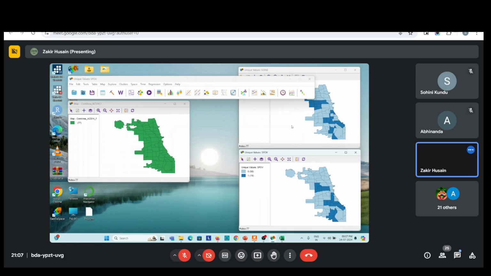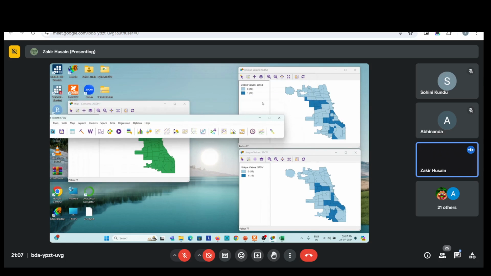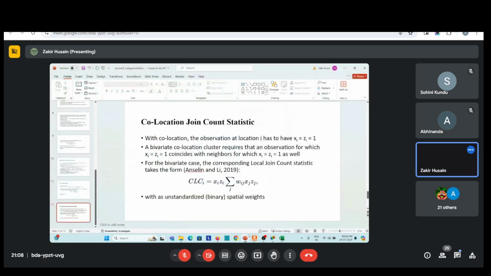Just one second. So you can see over here. Sorry, actually I made a mistake. I was showing it for, I have to show the bivariate, but I've shown you the example for the non-co-location. Sorry, I'm showing you for this actually. Co-location joint count statistics. Anyway, since I've done part of it, let me explain this, then I'll go back to